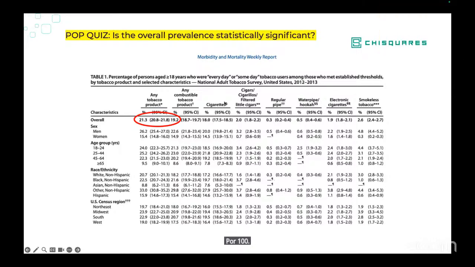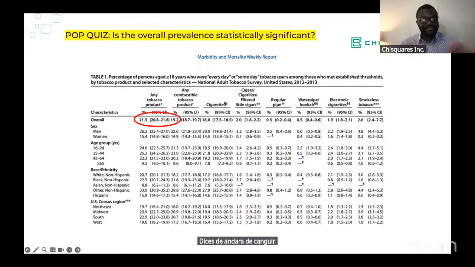Gabriel. Yes, for me, I can say it is not significant, because if you see this overall data, the one is 21.3 and the other one is 19.2, and all of these are greater than the 0.05 level of confidence, which is 5%. This is the reason that I can give.